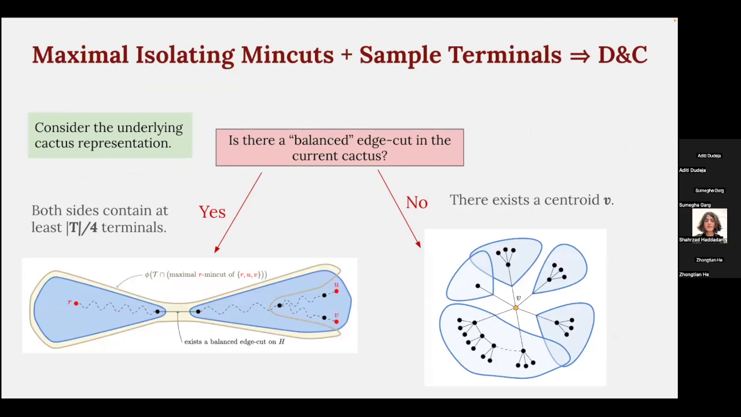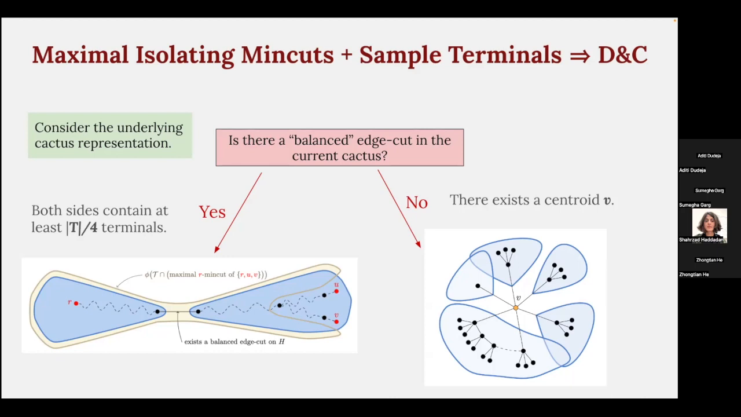Okay, so let's now formally introduce the algorithm. Given the graph, let's consider the underlying Cactus representation, which we don't know now, but there are two cases. One case is that there exists a balanced edge cut in the current Cactus. By balanced, I mean both sides contain at least a quarter fraction of the terminals. So for example, these two blue parts both contain at least a quarter of the terminals. And in this case, I will show you how to compute a balanced